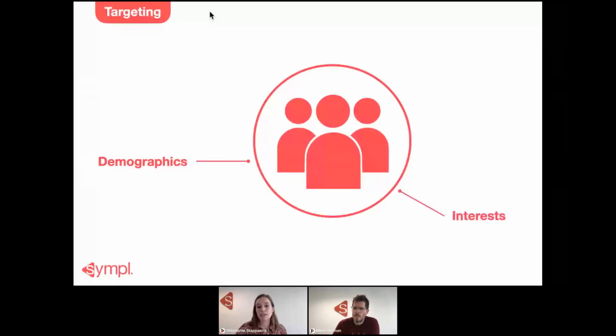Next to the demographics, you can choose from lots of interests. I will come back to that later in more detail. And then, of course, data. We already said that you have to install the TikTok Pixel, which will gather lots of data that you can use to build audiences and to track everything people do when they see your ad. This is important also to build audiences. I will come back to that later. Now, I just want to show you the interests.